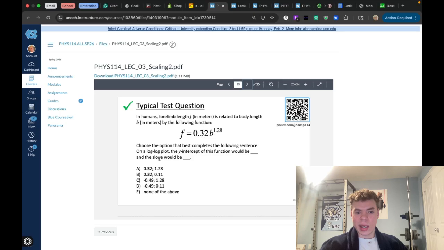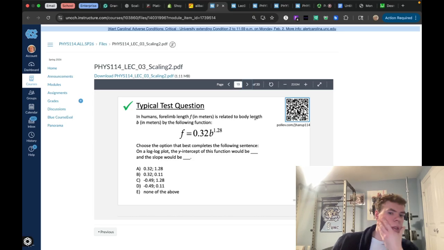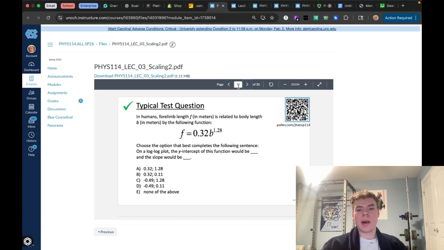So I'm thinking it's A, but it is a log graph. So if it's a log graph, it might be like 0.1 if it's asking me to plug it into a calculator. But I'm thinking it's A. If it was a linear graph, it should be A, but if it's a log graph, I have no idea. All right, so it's C because